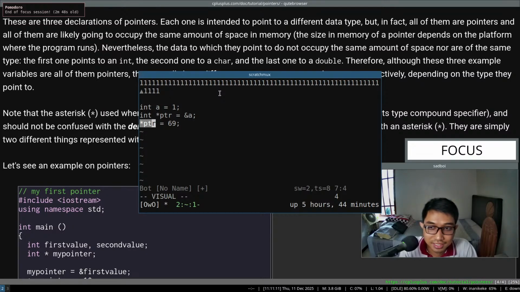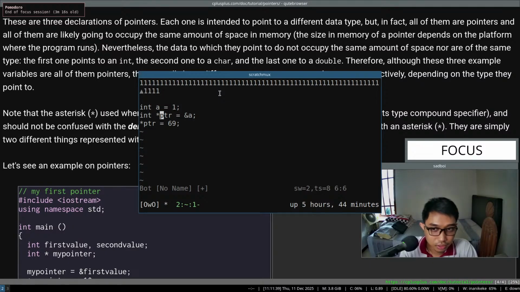Because we use the asterisk symbol. This one is declaring and assigning the memory address for the pointer to use. And this one, it turns out, is dereferencing the PTR